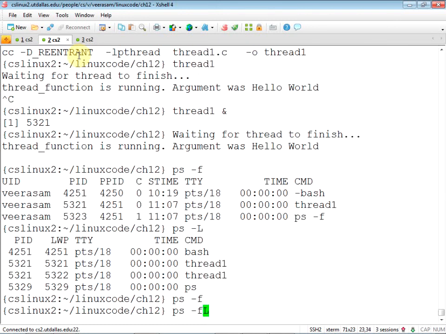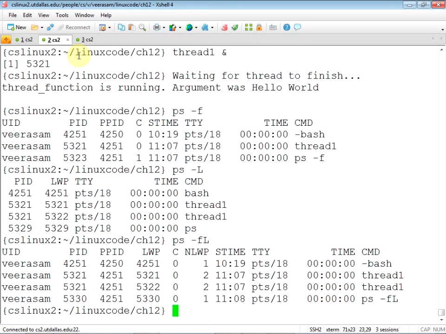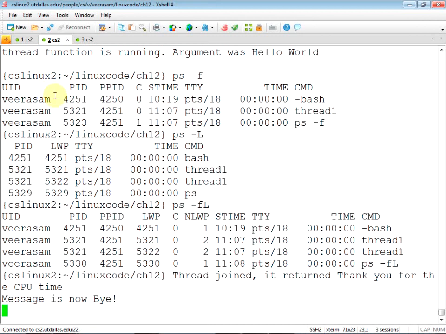There you go. Finally, we have a scenario where there are two entries of the same PID.